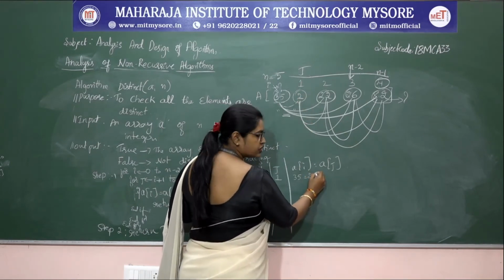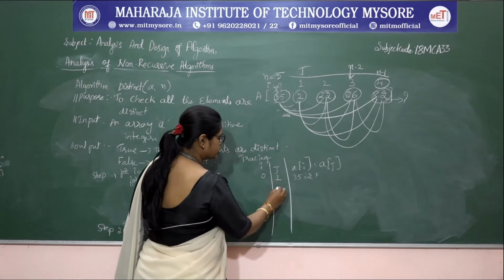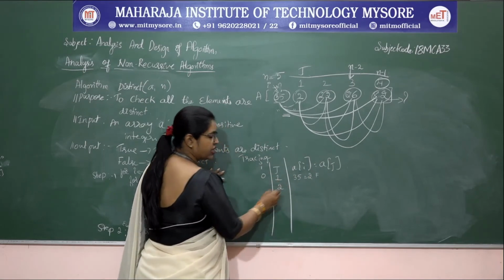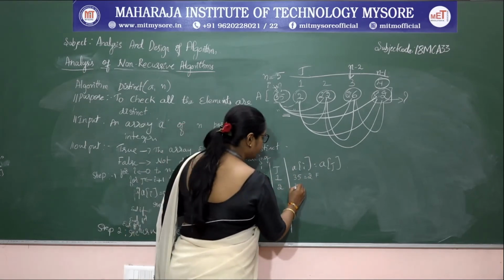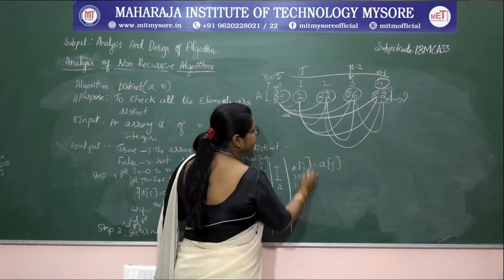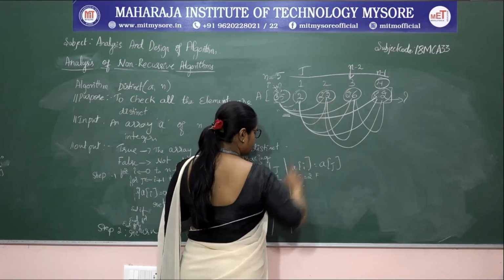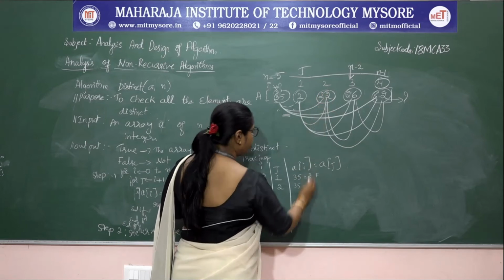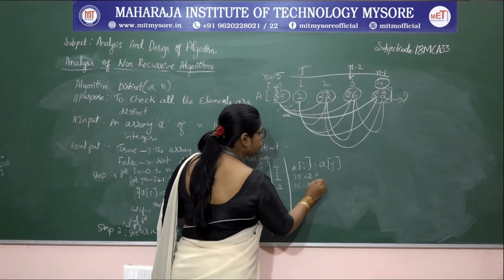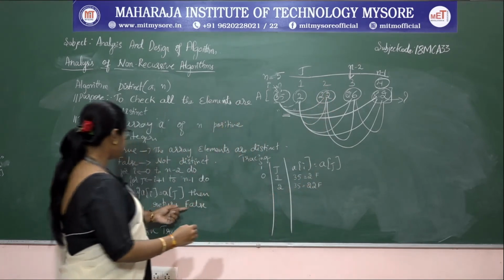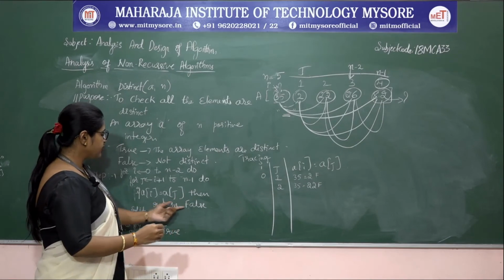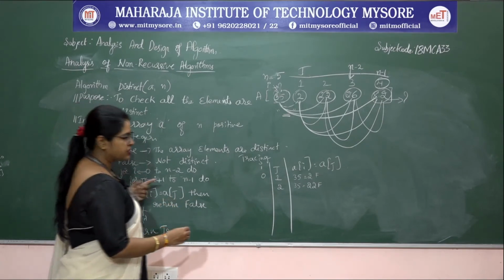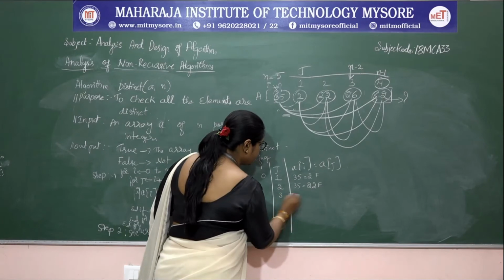This is false. If it is false, j gets incremented. j is 2. So 35 is equal to the next position. In the second position we have 22. This is also false. If it is false, then we are not going to take this action. Instead of that, j gets incremented. So what is j? j is 3.